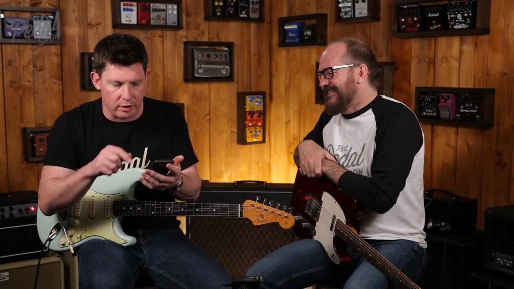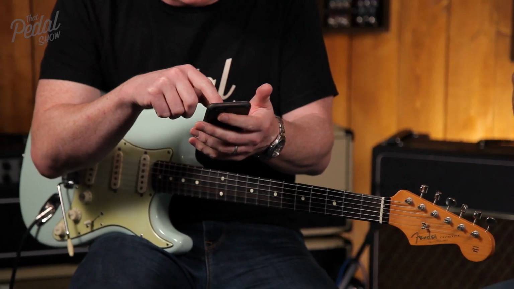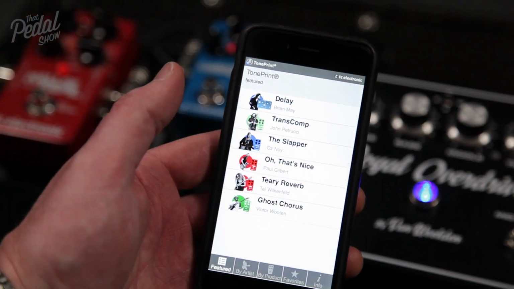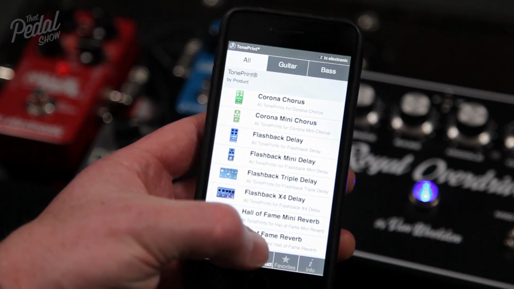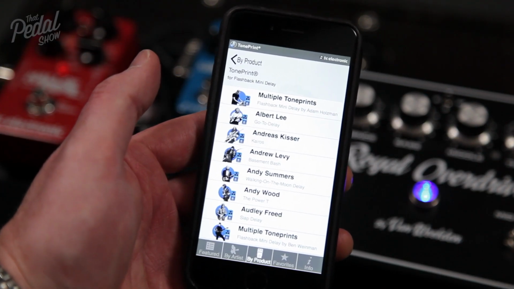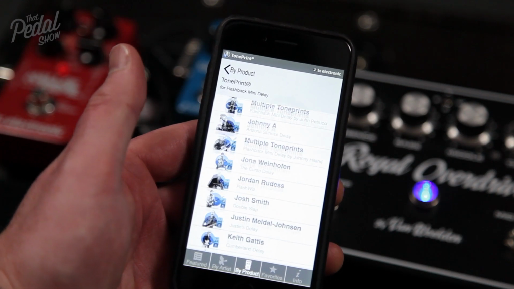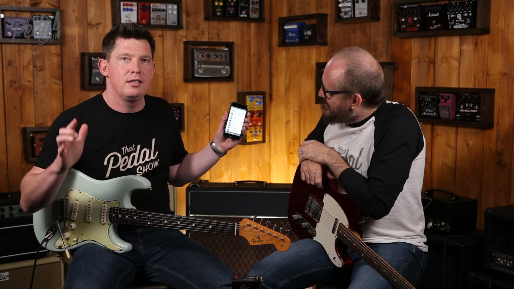So this is a smartphone, right? And if you go to the TonePrint app, you can go to the App Store, download it for free, and open it up. I'll do close-ups of this later on, but here we go. We're going to go by product, and I'm going to find the Flashback Mini delay, there we are. It gives me a ton of delay presets that have been programmed by TC Electronic, maybe also by artists. TC has used a combination of magic, mirrors, and magnets to make this work. So what you do is, Dan, if you'd be so kind as to...